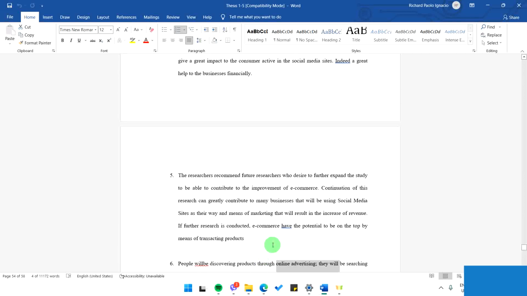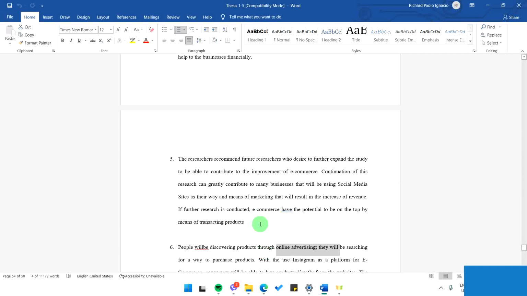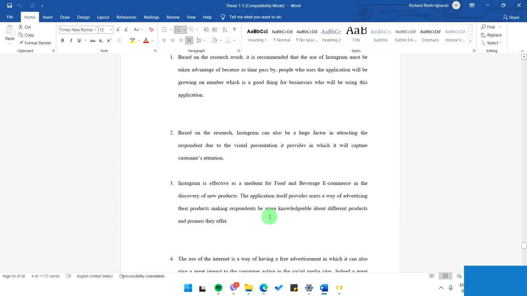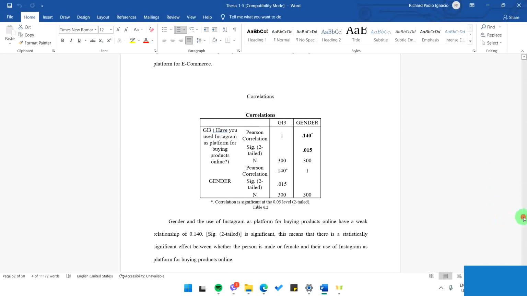So aside from giving your recommendations to the improvement of the topic that you have been researching about, you will also include a recommendation about what can be a further, ano pa yung mga pwede nating research na gawin relating to our topic, that is related to our topic. So yun, I've been rambling on and on, pero overall, to summarize everything that we have been talking about for the last couple of minutes,